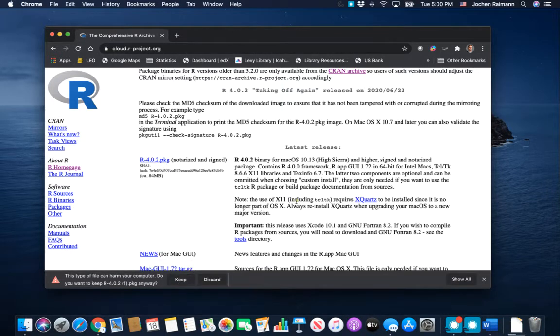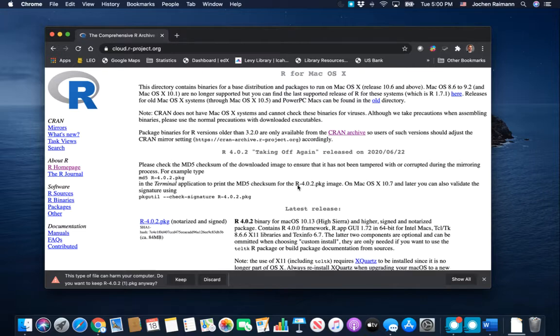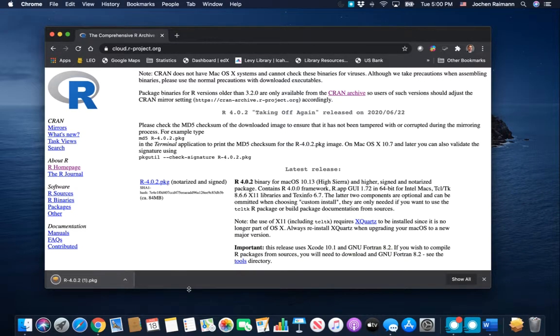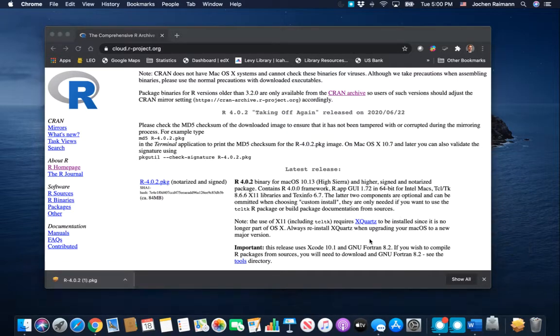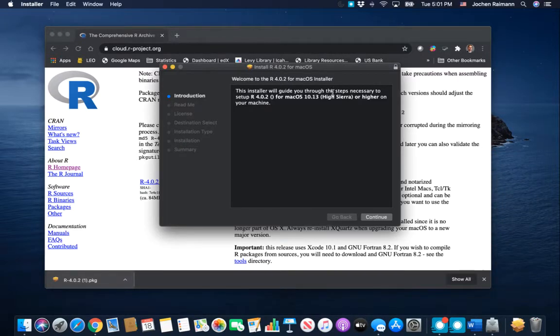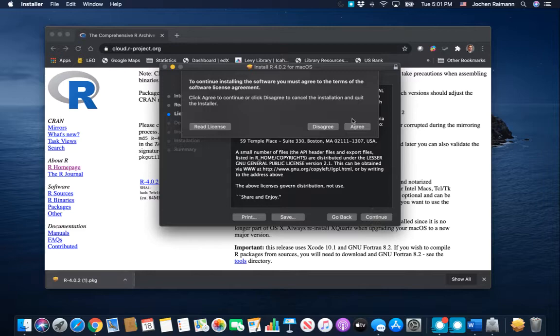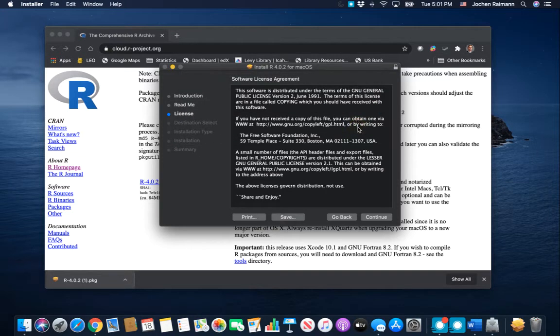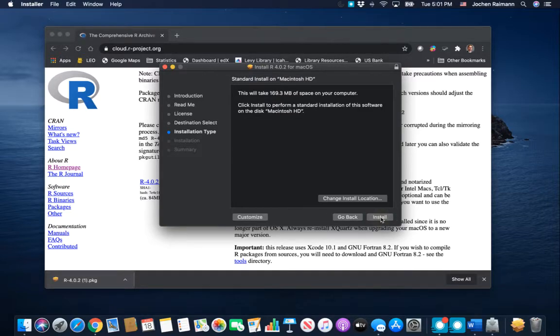Keep, and this will automatically download it into your downloads folder. I had already downloaded it before, so just click on it and it will open this installer window. You just go and continue, continue. You read the license agreement. Make sure that you read it and agree with it, otherwise you won't be able to install it. You install it on the main drive on which you want to install it, and you click continue